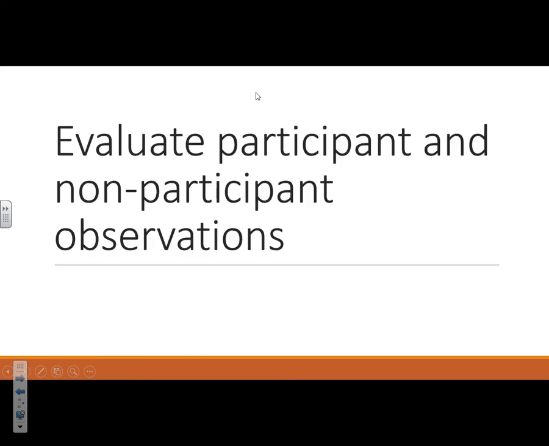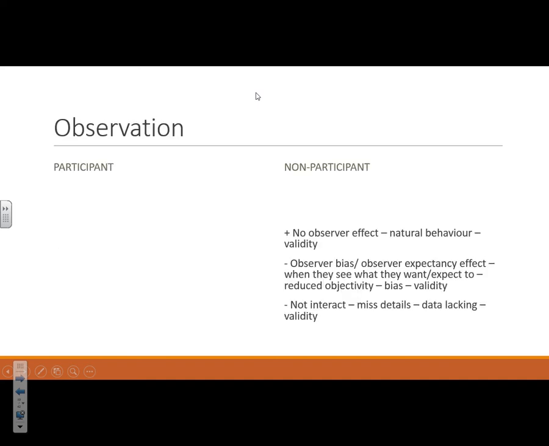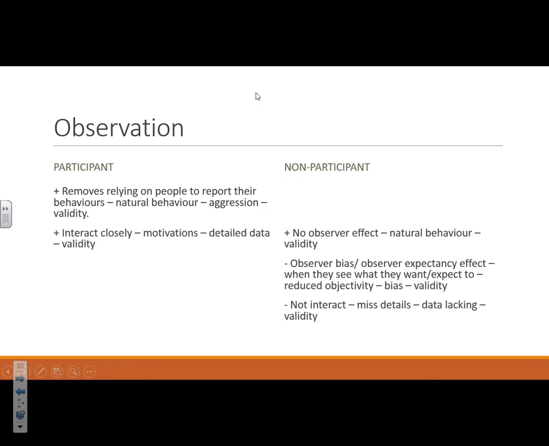Same thing again, write down everything you can for participant and non-participant observations. If you pause the video here. Okay, I've been doing the excellent formatting of these slides, as you can see. So strength, again, it removes relying on people reporting their behaviours, so it's quite natural behaviours. Another strength is you can interact very closely, so you might be able to develop ideas of motivations. That gives more detailed data, so we can be more confident that we're measuring what we claim to measure. Problem is observer bias or observer